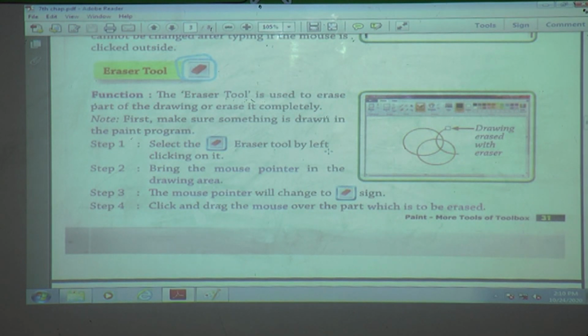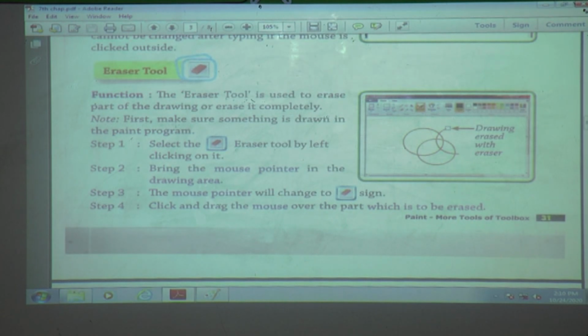Same like that, if you are drawing or writing in Paint and you want to erase it, we don't want this, then the eraser tool is useful. Function means use. The eraser tool is used to erase part of the drawing or erase it completely. Means we can erase a single part or we can erase it completely.